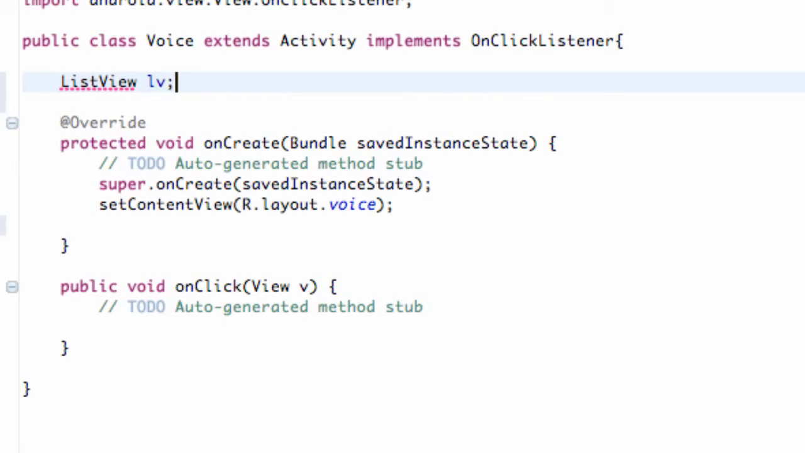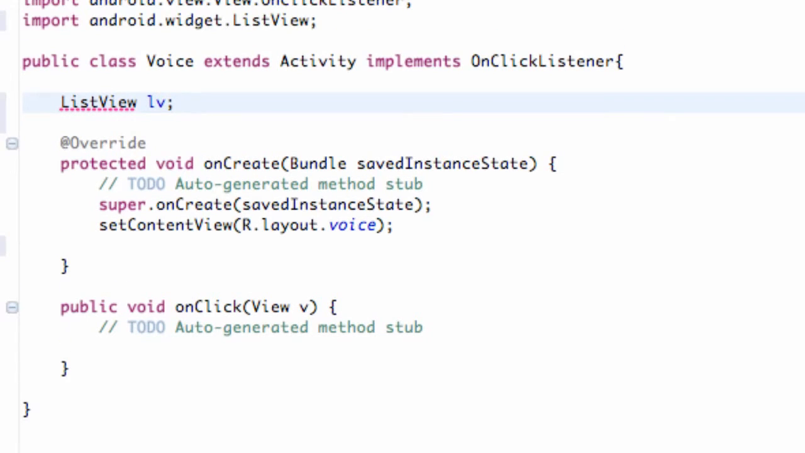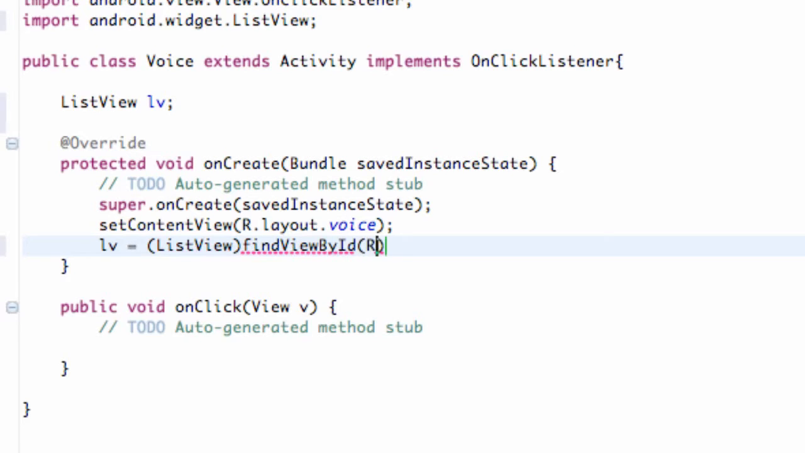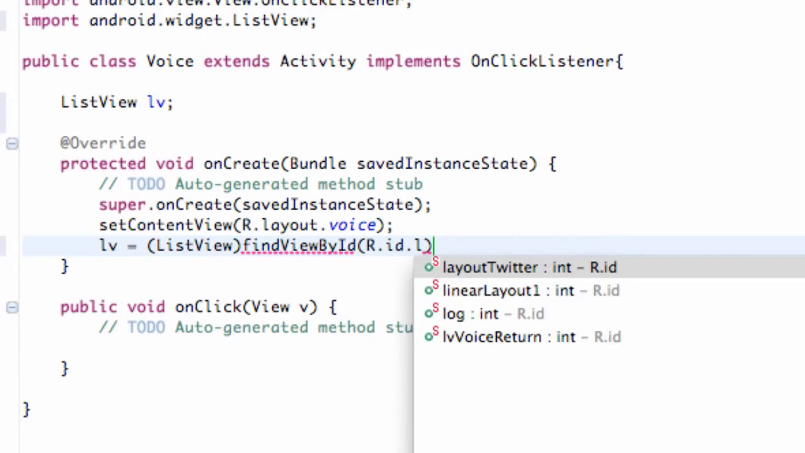LV, add our imports, and there we go. We're also going to set up our list view to have that reference bridge or whatever. findViewById, R.id.listViewVoice,